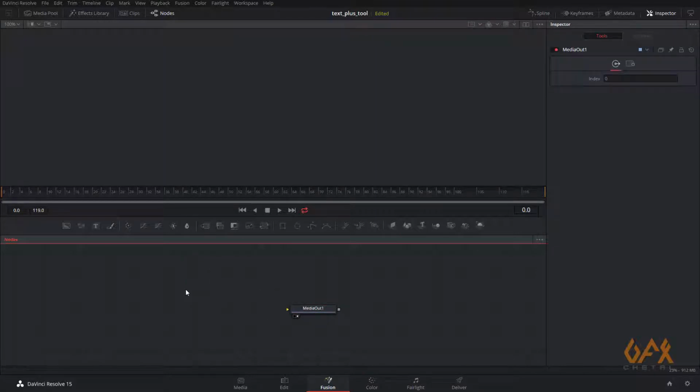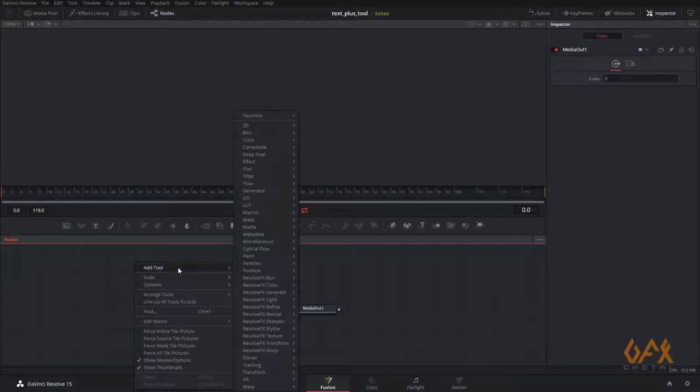Okay, now to create a Text Plus tool, I have to click over here, Text Plus tool. This is the shortcut for a particular tool, or you just right click over here, add tool, generator and Text Plus.